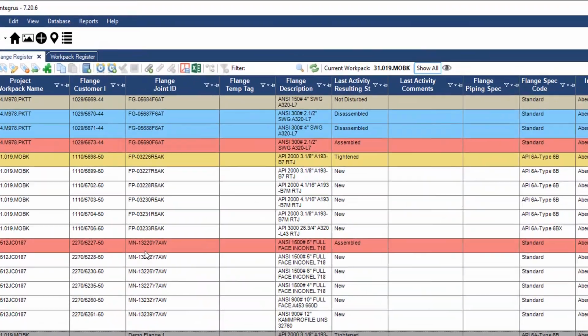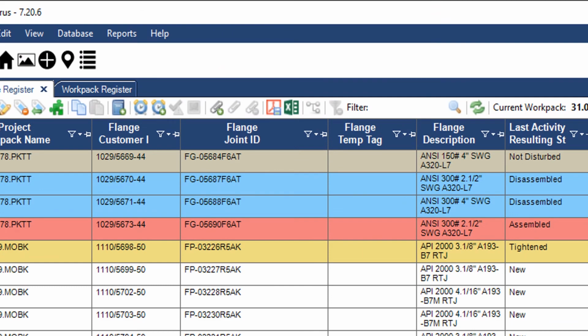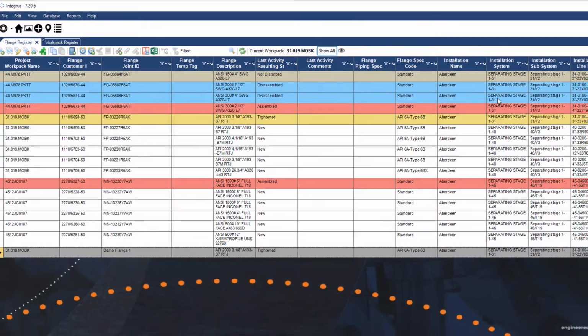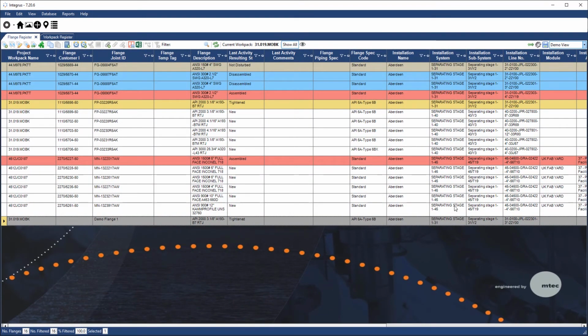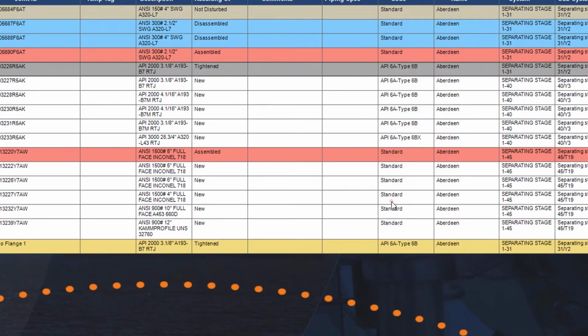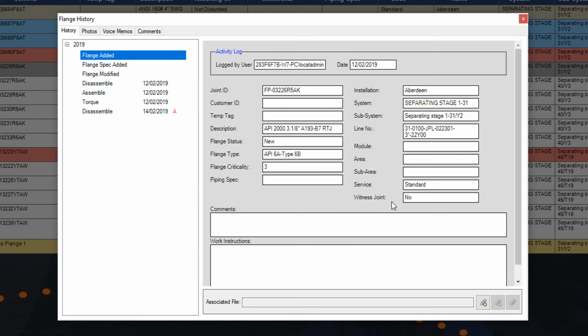Flange data can be extracted out of Integrus and put into a PDF or spreadsheet by clicking on the export icons at the top of the grid. Flange history can be reviewed by right-clicking on the flange and selecting History. This will show a summary of every change made to the flange, including changes to specification,